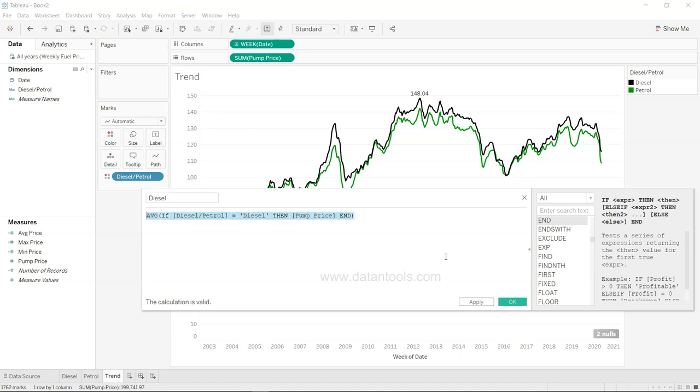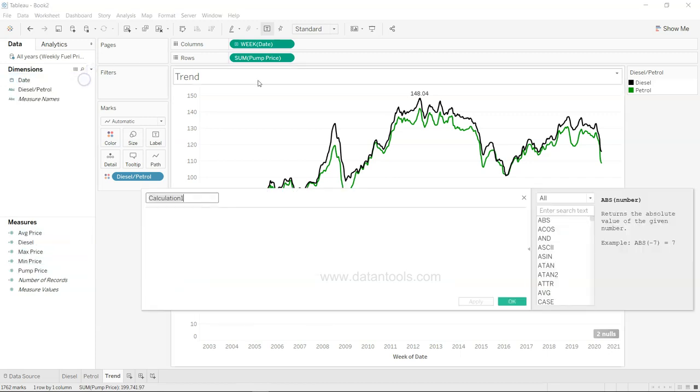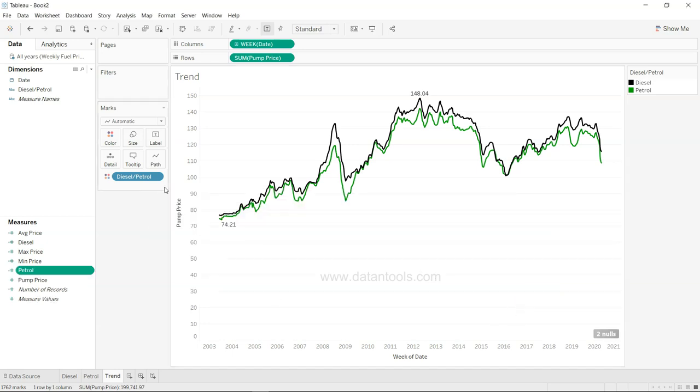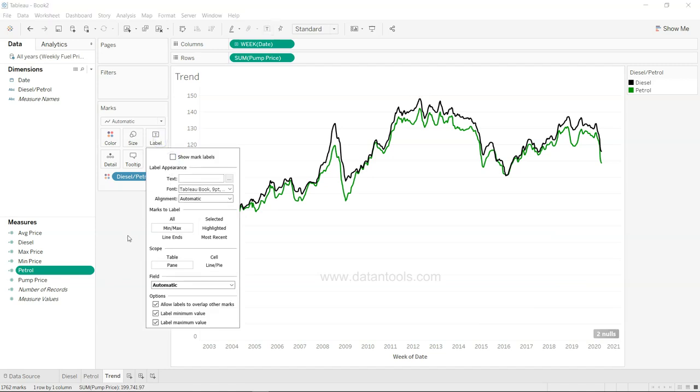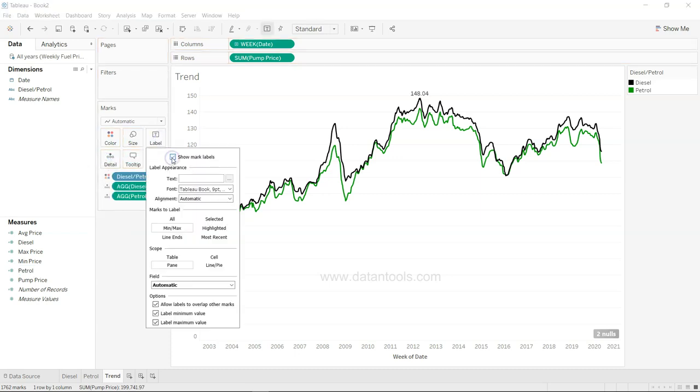If I just copy this, so we have the diesel calculation, and I will create a calculated field for petrol. Okay, I accidentally enabled the caps lock. Petrol, and paste it over here and give it a name, value petrol, so that it will calculate the petrol price. If I click OK, alright, if I uncheck this for now, what I need to do is bring this diesel over here, bring the petrol over here, and now if I enable the marks,